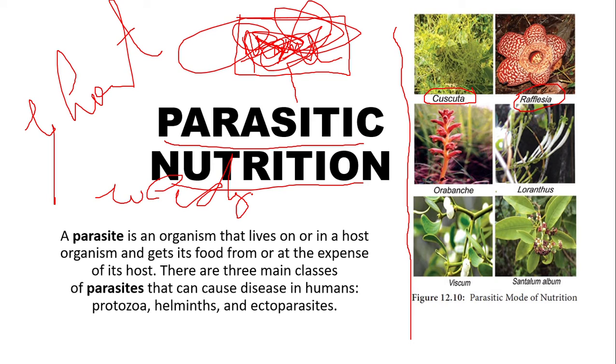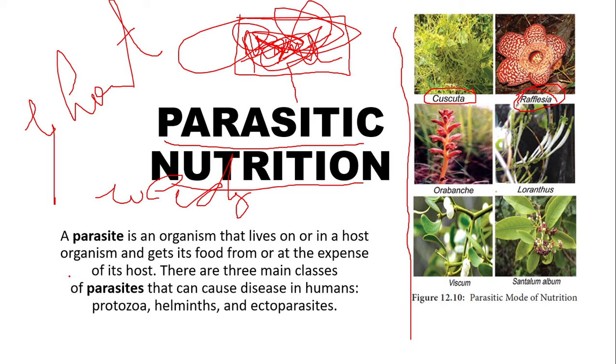So you write weeds, and you can write Rafflesia. You might remember the big flower Rafflesia. So the parasitic nutrition definition is completed, and I have written two examples. Great. Okay, let's